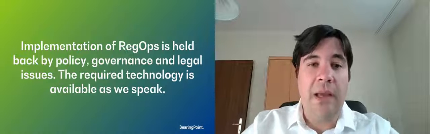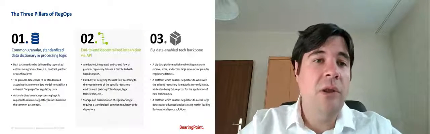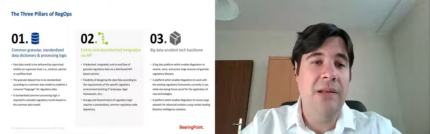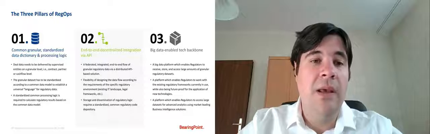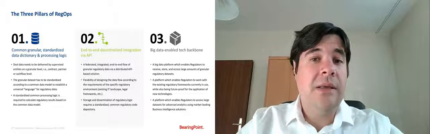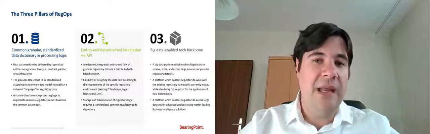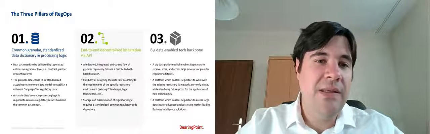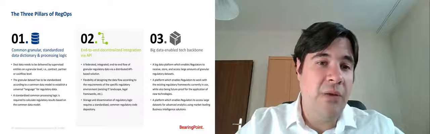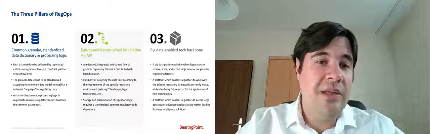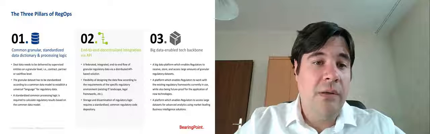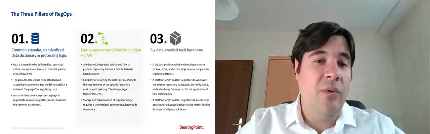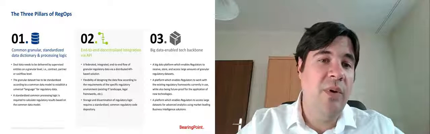But first, let us get back to a slide of my colleague Daniel Münch, who introduced the three pillars of RegOps. The first pillar is a Common Granular Data Dictionary, or CDD. This data dictionary is something like a shared language between supervised entities and national and supranational competent authorities. The CDD is based on a granular level, that is contract partner or cash flow level. From this granular level, regulatory results of interest can be calculated using a common regulatory processing logic which is standardized between supervised entities and